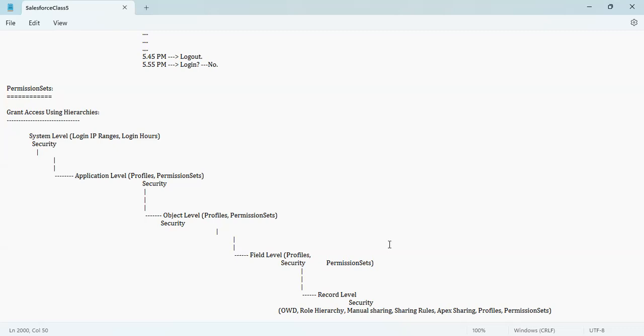Okay. So security is configured at the system level, application level, object level, record level, and field level. And at the system level, it's login IP ranges and login hours. So when we are talking about login IP ranges, we have this at the profile level. But if you want to,